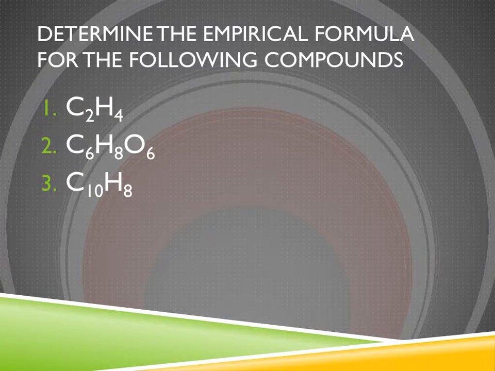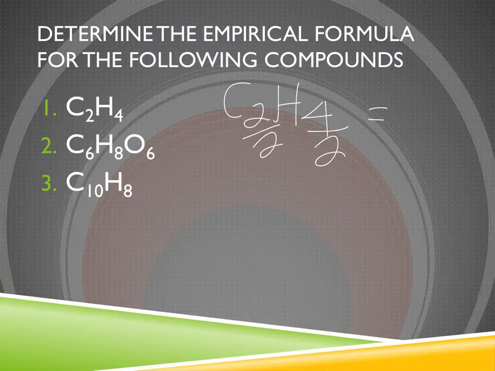Another type of problem you might see would say, determine the empirical formula for the following compounds. C2H4. So I'm going to take the smallest of those 2 integers, or the subscripts, and divide both of the subscripts by that number. So C2H4, divide both by 2 to reduce, and we get CH2. So that was number 1. Number 2,